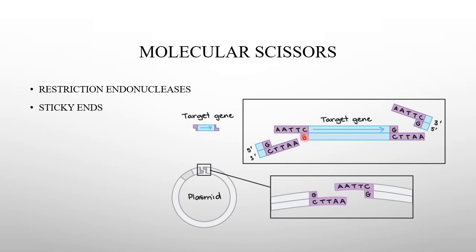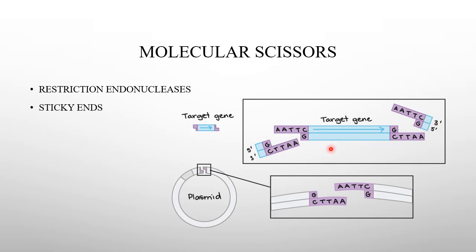AATTC, from 3' to 5' and 5' to 3' end. So it cuts at the G nucleotide, and the segment GCTTA is lost, and from the opposite side they cut from AATTC down to G. So these are the specific segments in the target gene, which are called